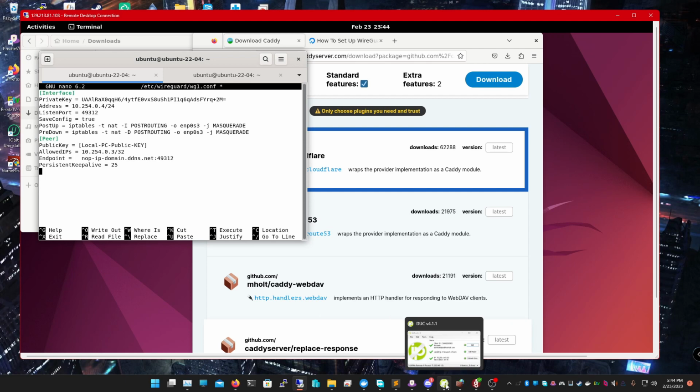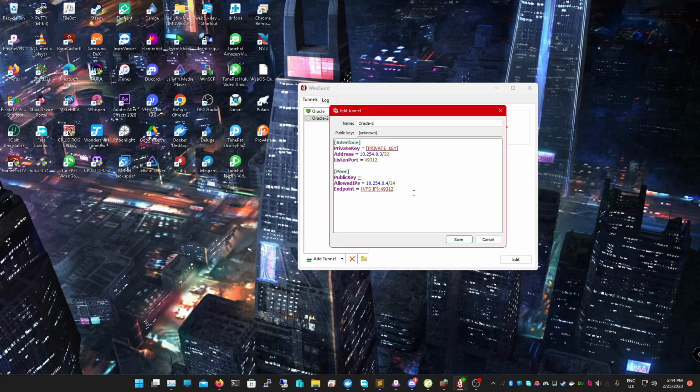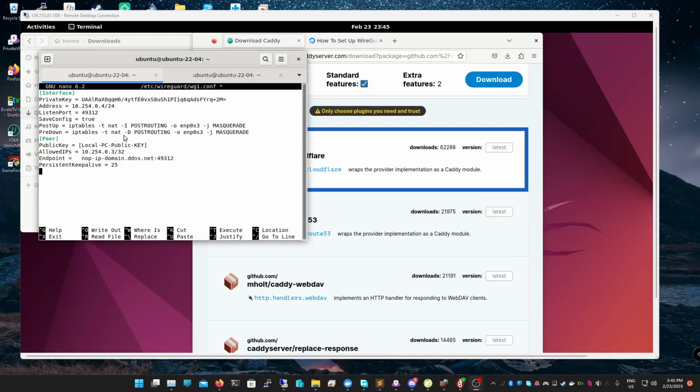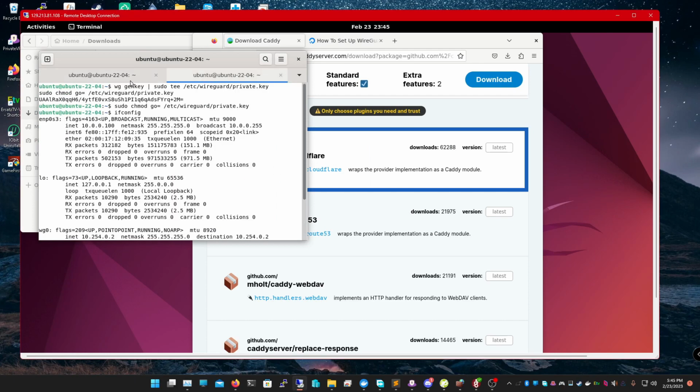Okay, now we need to get our public key. So this was just posted in our WireGuard. So if we go back and we save this, this is going to be our private key. So we have this saved. Let me check this real quick. Okay, so now that we have that, we're going to want our public key from our WireGuard. So to get this, remember those things we copied down earlier in the command line? So the WireGuard public, this one is our private. And to get our public, we should be able to just type in,